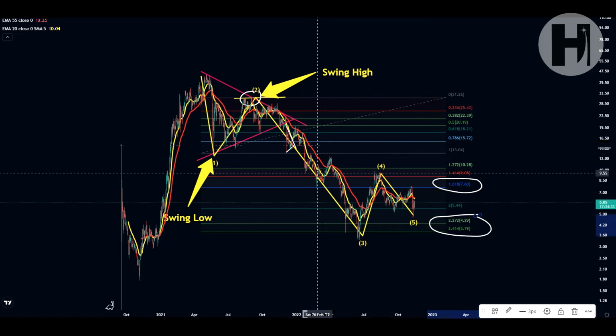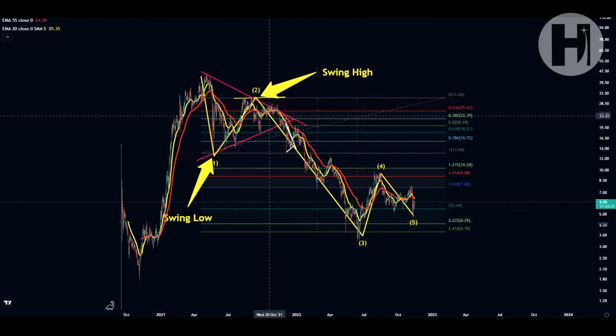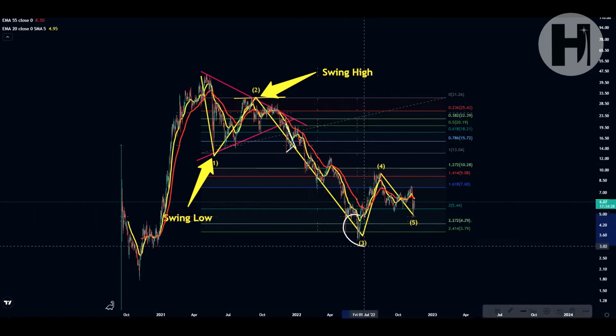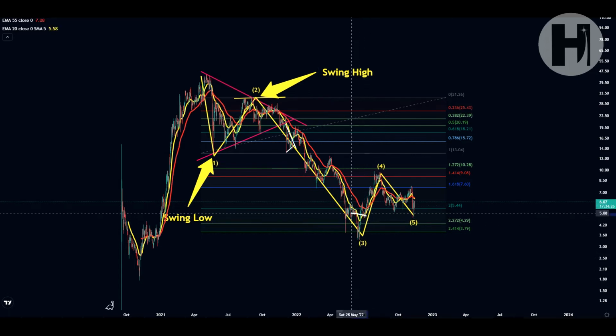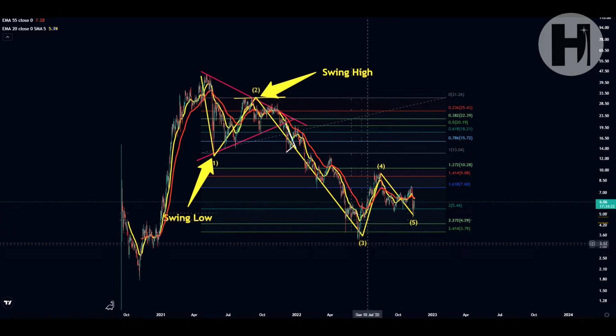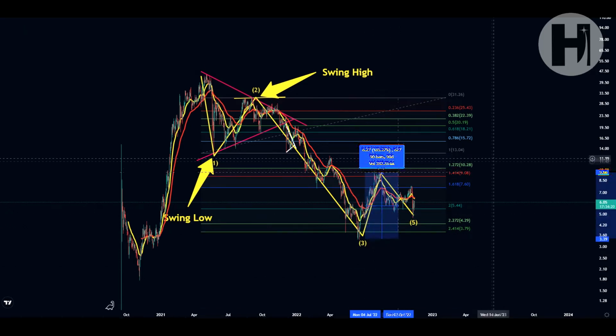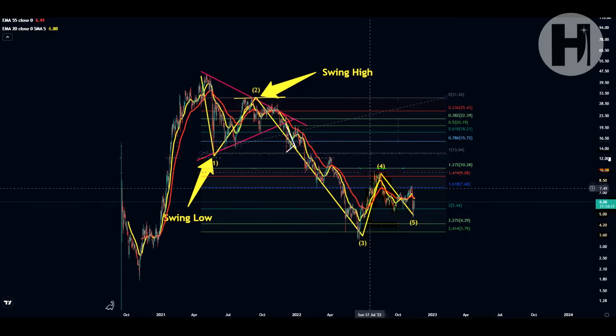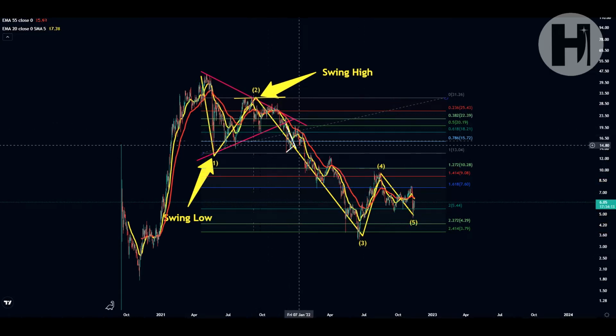2.414. So this usually doesn't happen on such a large fib, but we actually retraced all the way down to these levels. So that's crazy. These were very good buying opportunities in June for Uniswap. Since then, we did have a nice move to the upside in August, 185%, crazy gains in a bear market. And as you can see, I do have an Elliott wave structure here.